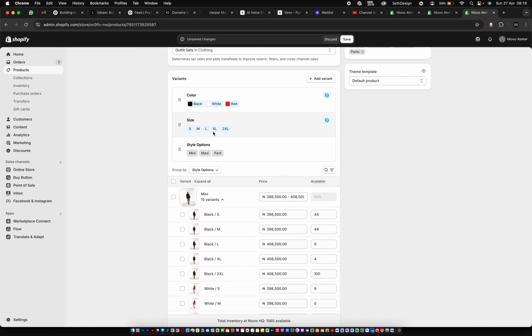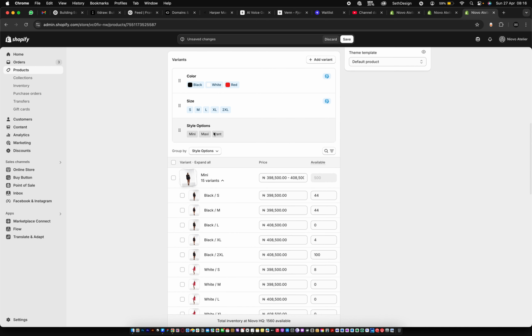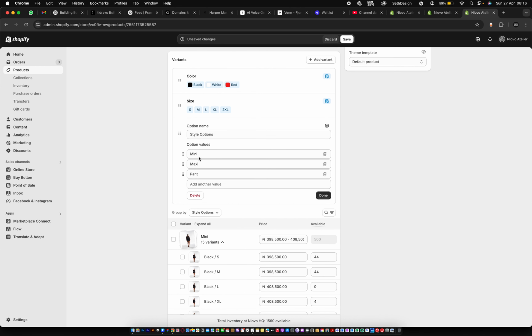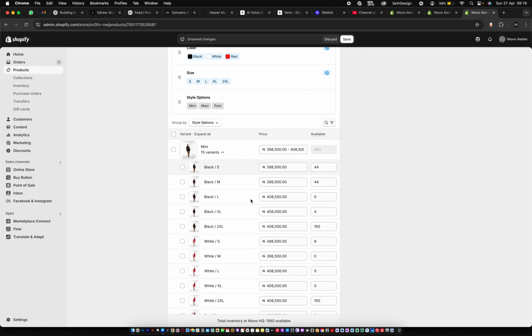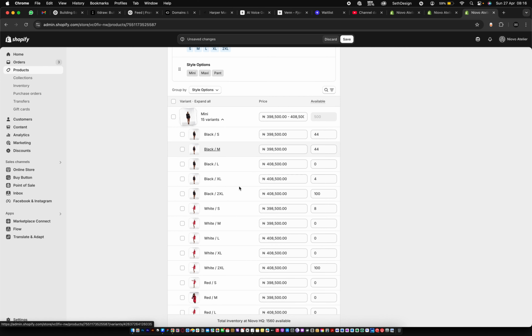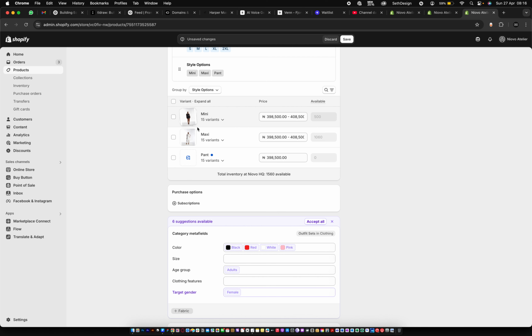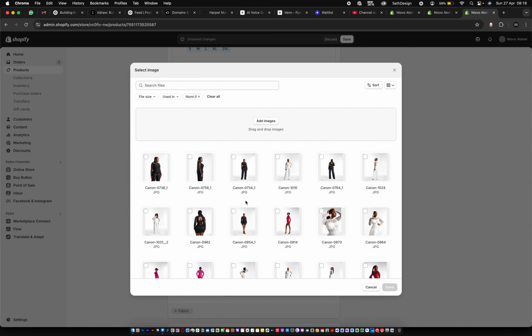Then the sizes as well, 5 sizes, then the available colors. Then inside the style options, you add mini, maxi, and then the pants, and group it by style options. Let's collapse this. So in the mini, we're going to use